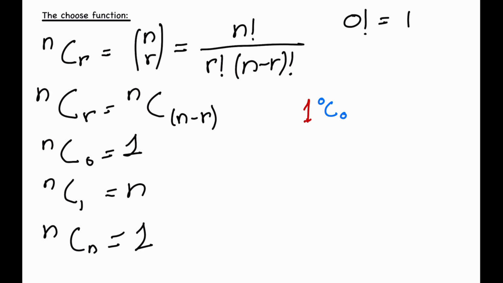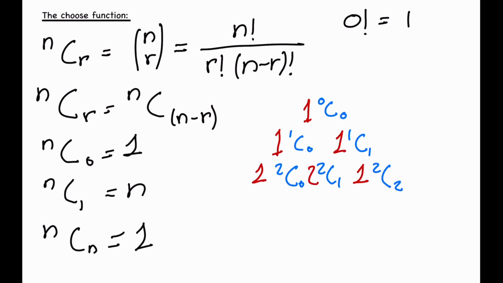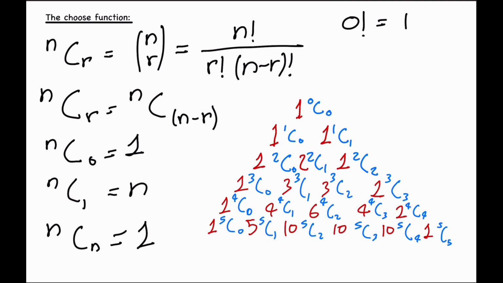And 1 choose 0 is also 1 because of this fact here. And then 1 choose 1 is also 1. And if you carry on doing this, it looks like a Pascal's triangle. So here we have a Pascal's triangle where we've used n choose r to create it, where n is the row, or remember in a